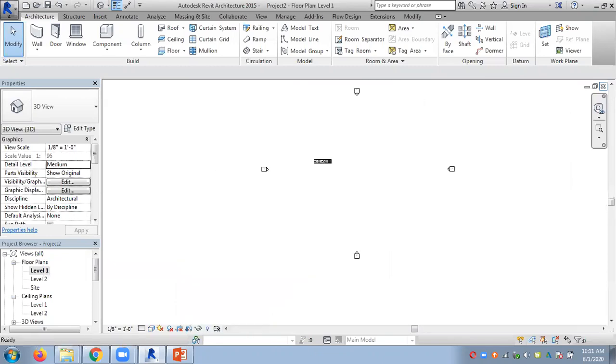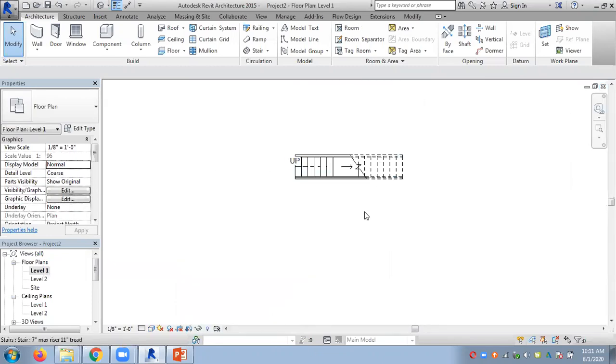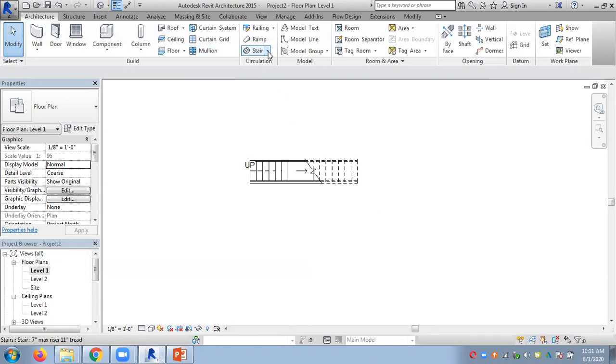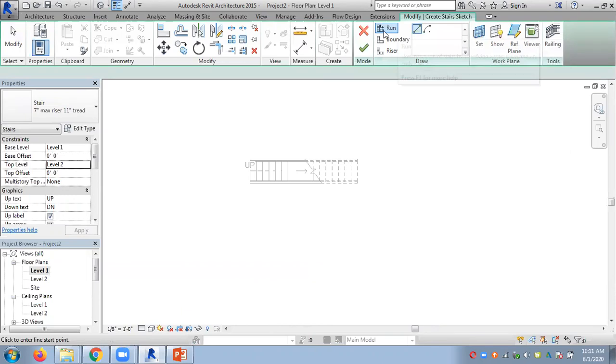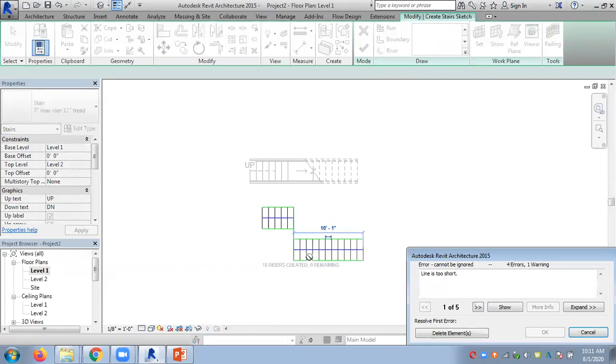So I will just do it again, step by sketch, Run. So if you want, you can have a run like this. Earlier, we couldn't have this kind of a thing. Earlier, we had this kind of a U shape always. Now this can be done. Line too short. Sorry.